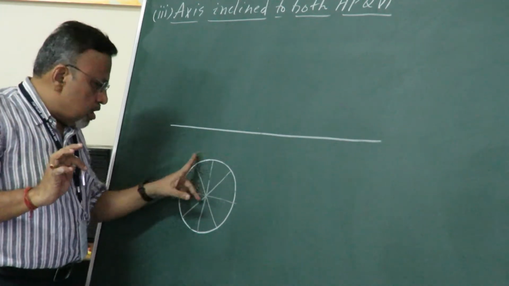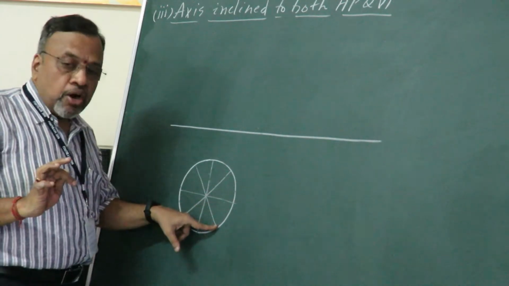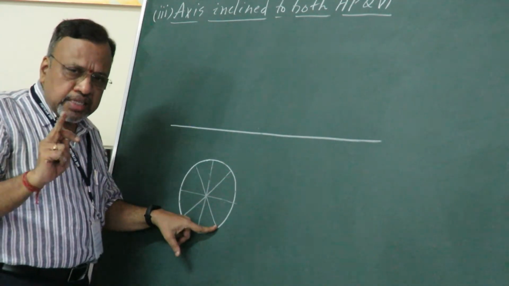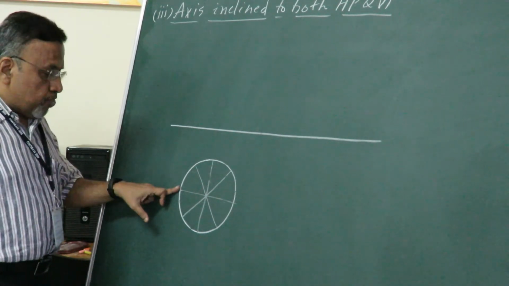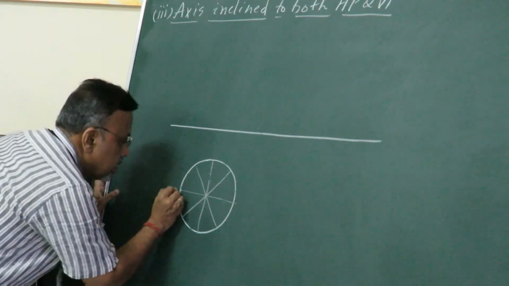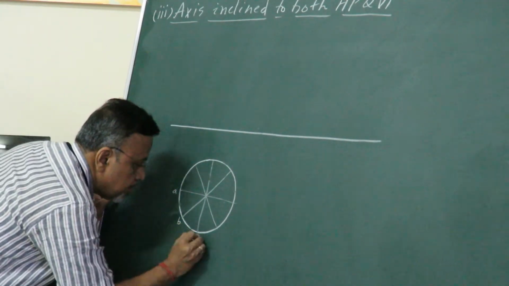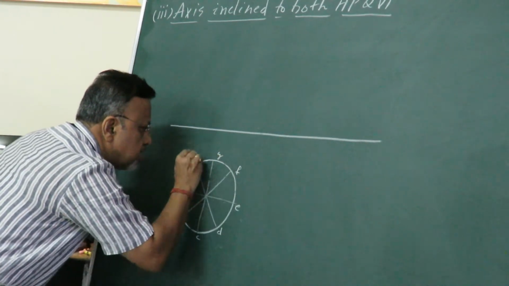Remember that only this base circle I need to make dark, whereas these generators or radial lines have to be as light as possible. Okay, now how do you name them? As usual, I will start from the leftmost visible point in the anti-clockwise direction. Okay, so let us say A, B, C, D, E, F, G, H.